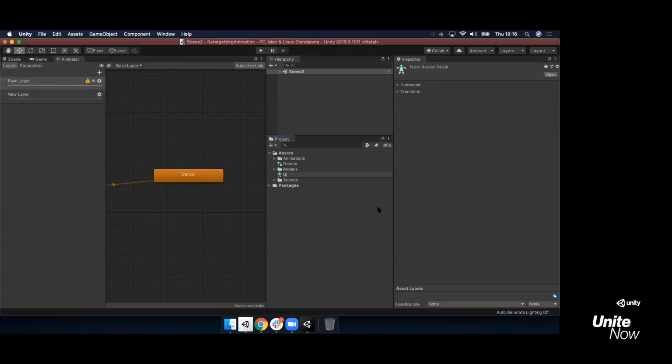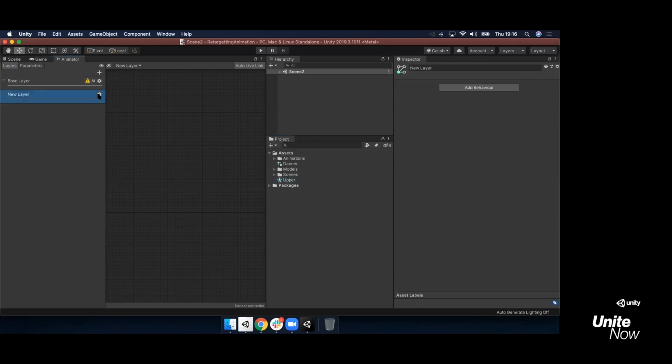I will actually rename it as upper. And as you can imagine, you can create a second one with just the feet and apply it to the second layer. So you can control the upper body with one layer, one state machine, and the lower body with another state machine. Remember when you do that to increase the weight of the second layer, because weight 0 means